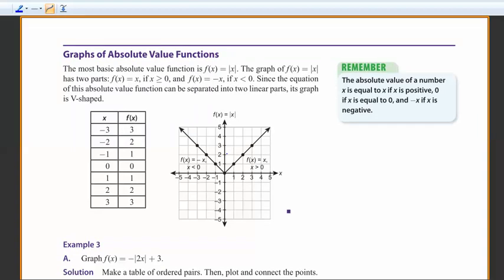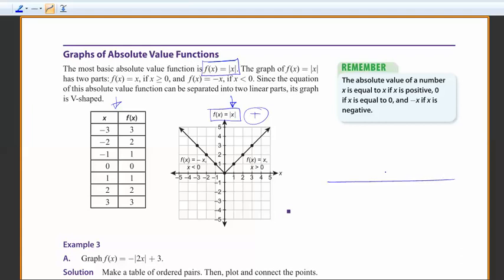We talked in class about graphs of absolute value functions. Remember, you need a t-table or a table of values, where you will use your x inputs to find what the value of the function is for each one of them. As you can see, the most basic absolute value function will be f of x equals absolute value of x, right? And obviously, the value of this function will always be positive. No wonder, right? Because if you plug in all the real numbers and you're trying to find their absolute value,